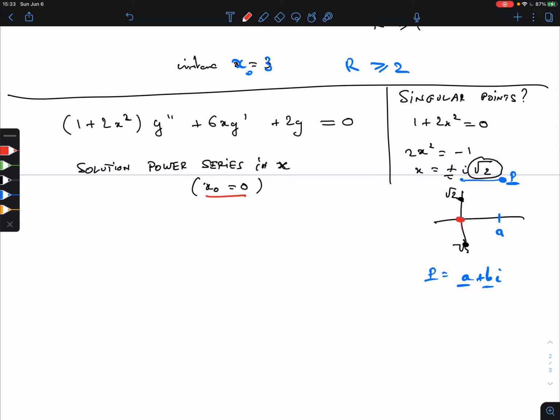So we will know that the radius of convergence is going to be at least radical 2. But it most likely is just radical 2. Okay, so I don't want to say equal all the time because it might for some reason not be, but in general it will be just radical 2, which by the way is frustrating because this polynomial does not vanish